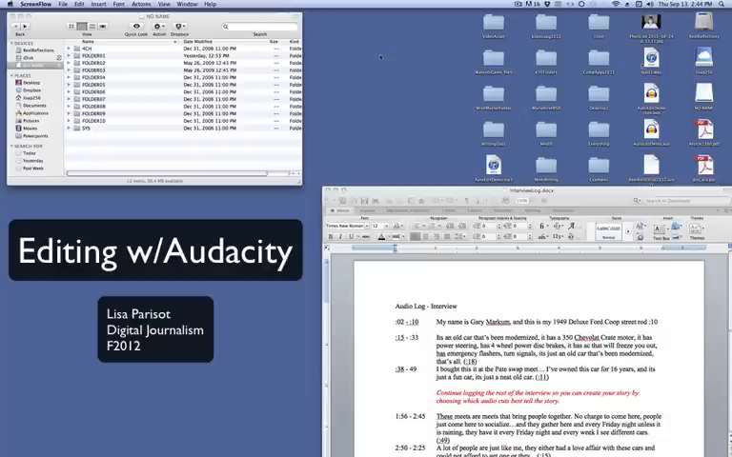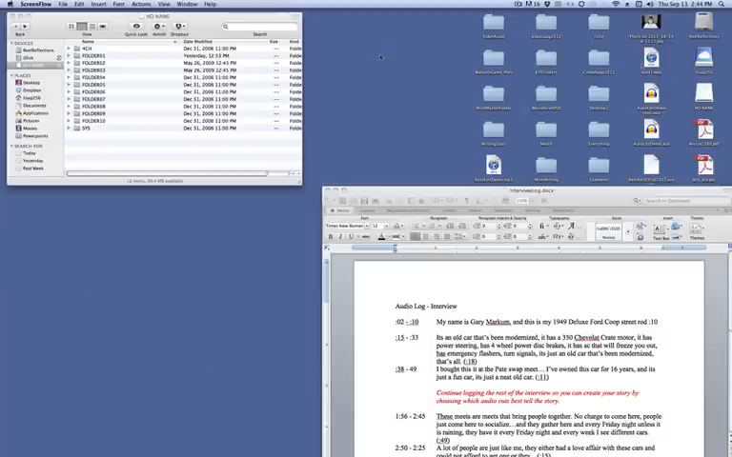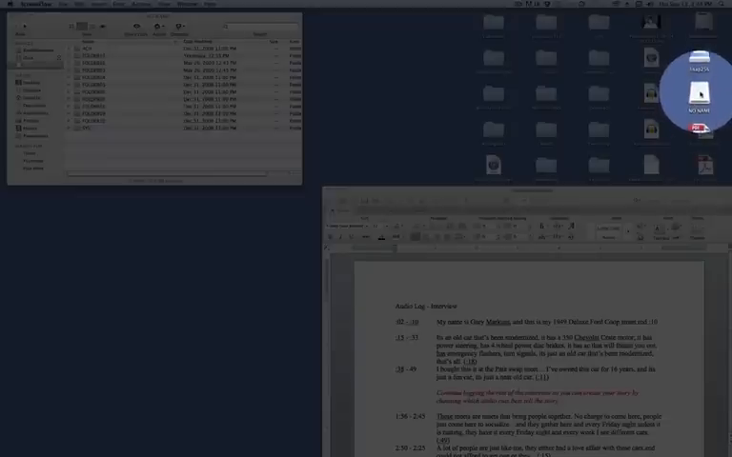The first thing you're going to do to create your audio story for digital journalism is to get the files that you recorded in the field onto your computer, either your laptop or your desktop. So you can see here I have plugged in an external drive that's got my SD card in it,